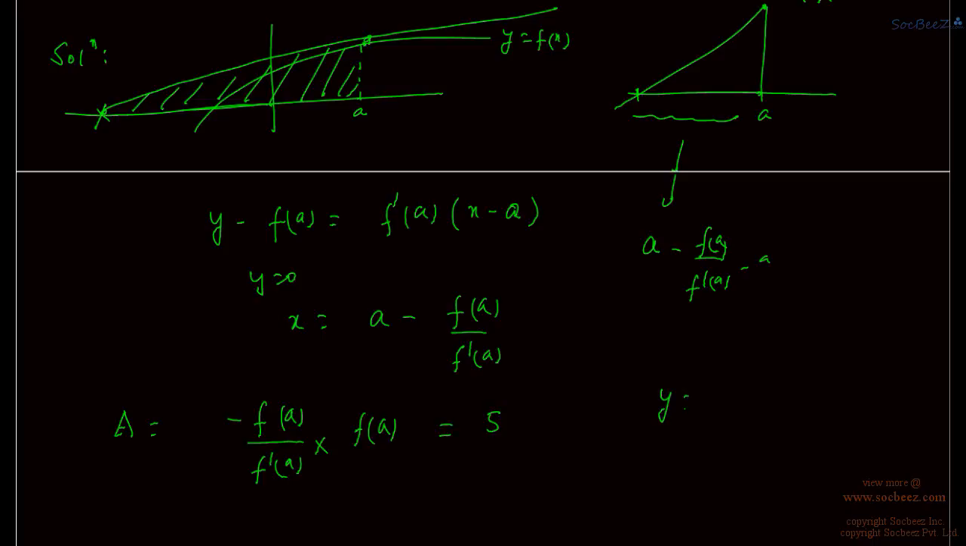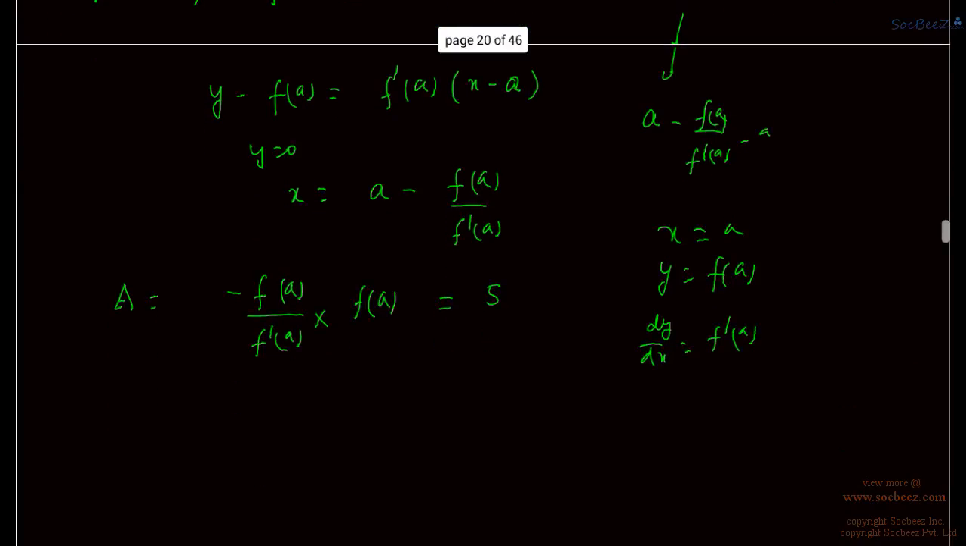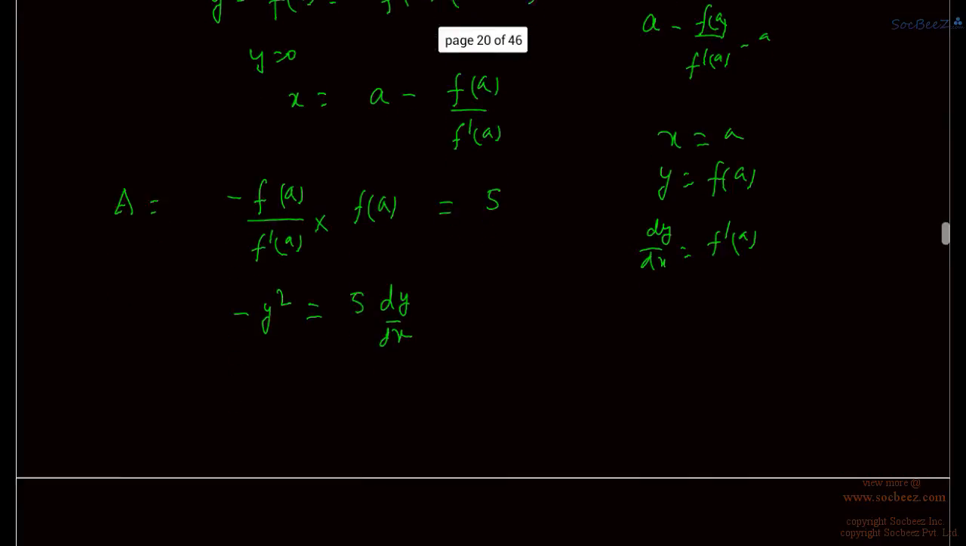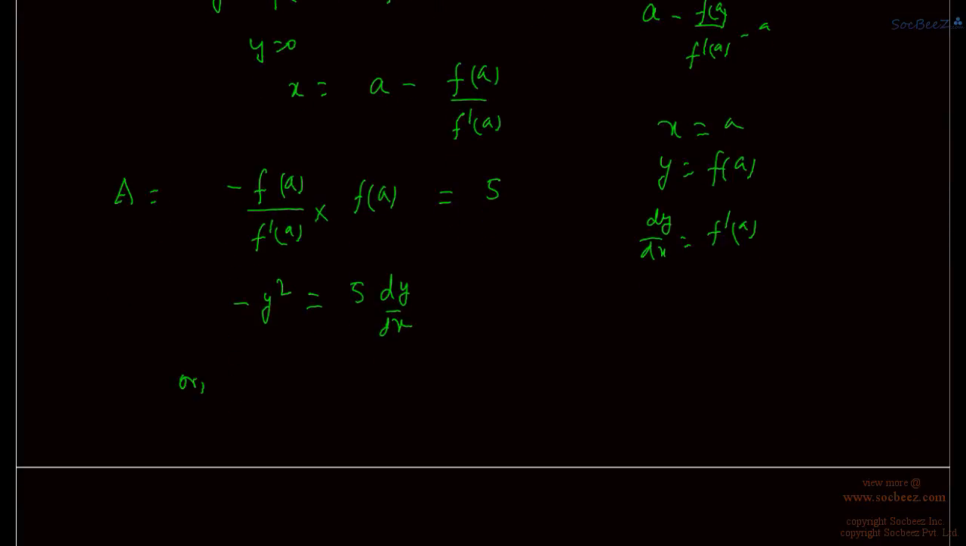This is equal to 5. So let us write y is equal to f(a) if x is equal to a, and dy by dx is equal to f'(a). So in place of f(a) we write y, so we have minus y square is equal to 5 dy upon dx, or we can write